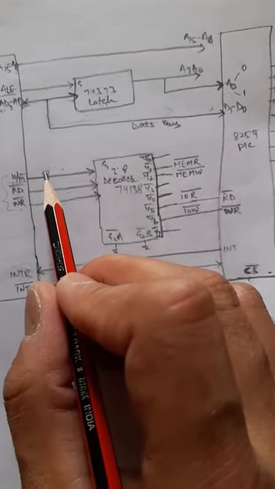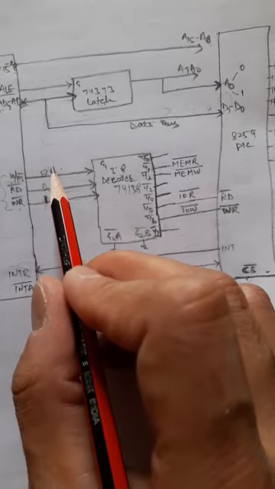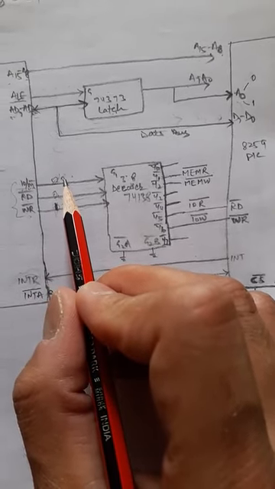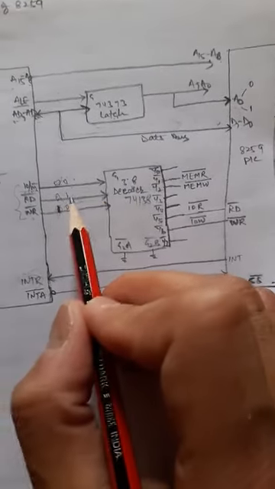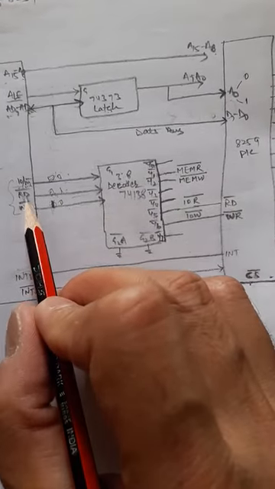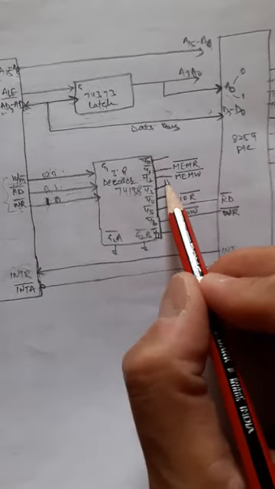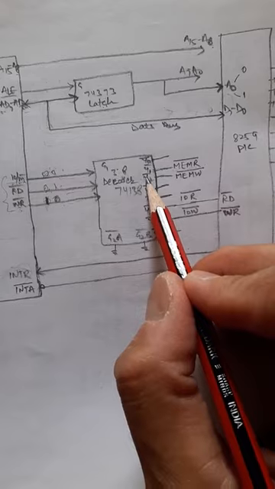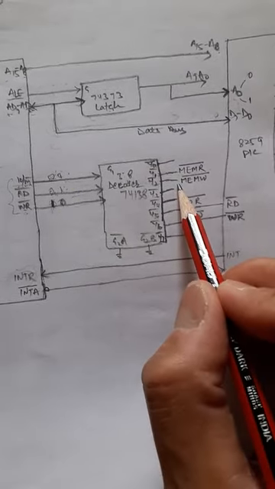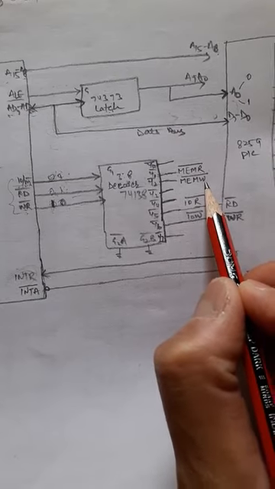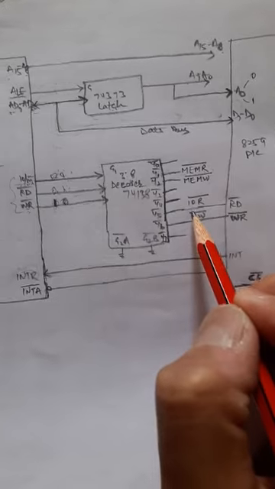Now if this signal becomes 0 1 0, then 0 indicates a memory operation, 1 indicates that read bar is high, and 0 indicates here that this is the write operation. So it will be on Y2 bar, because the value is 0 1 0, which is 2, and the signal is memory write. In the same way we will use this